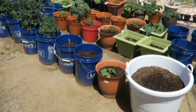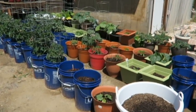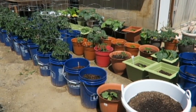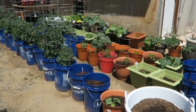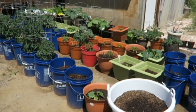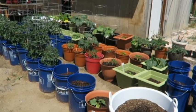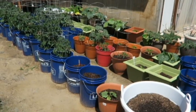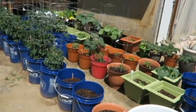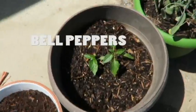This is April 15th, and we've gone February, March, close to almost 3 months since I planted the seeds, grew them under grow lights, and now have them outside. I still have a few under grow lights, but very few. Mostly everything is now out in pots, and we have the green peppers right here,